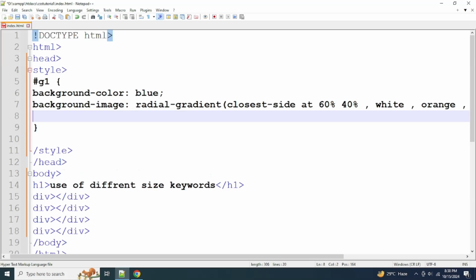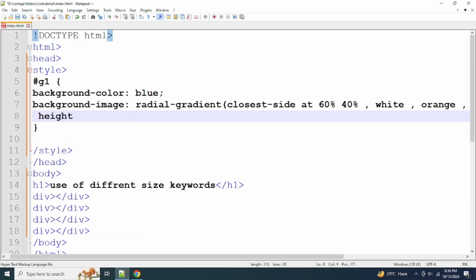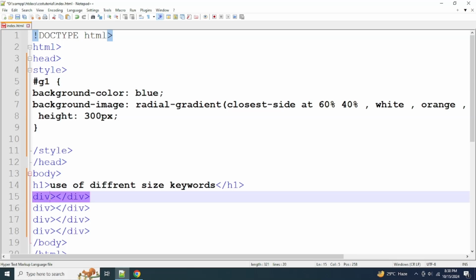After that we will use height: 300px; semicolon, and this ID selector g1 we use in the div,